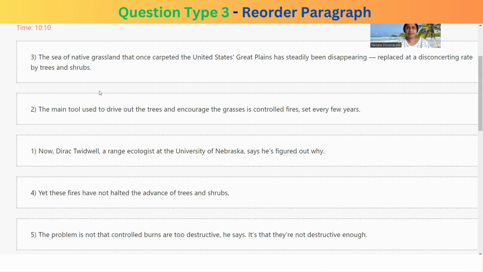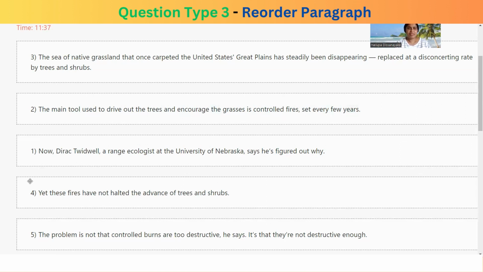So now when you take a sentence, just say the last part, and then the last part would be explaining further in the next sentence. Now let's see what can be the next one. Now, this person in this university has figured out why. Yet these fires, now you can see here, in this particular sentence, the last part is explaining some kind of a fire. So now, as I have mentioned previously, the next sentence should start with some kind of an idea about what can be done with this fire or further explanation of what they are doing with this fire.